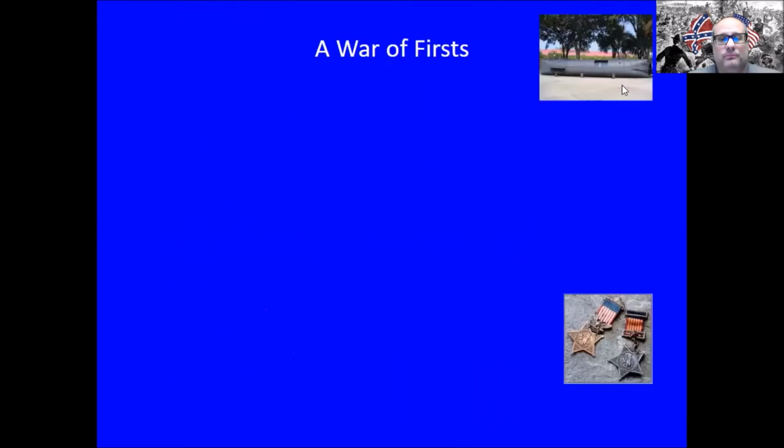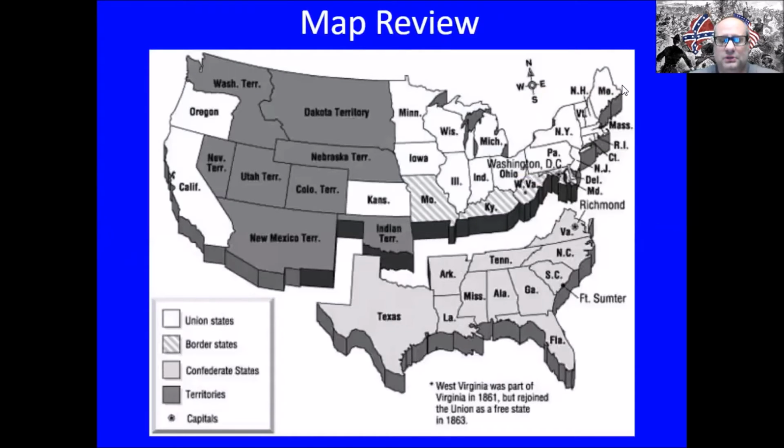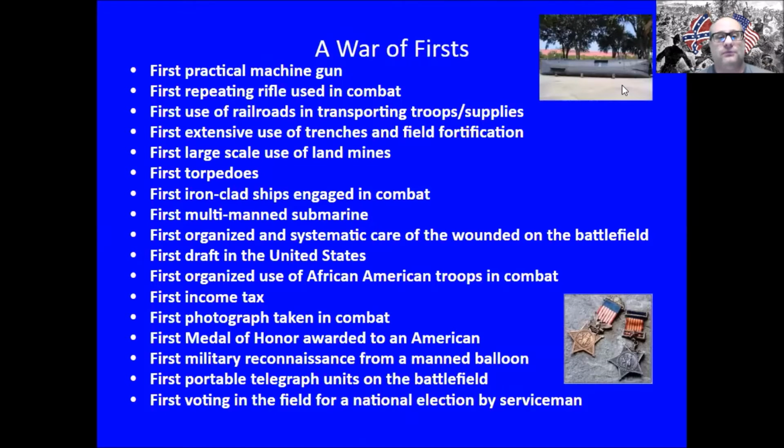War of firsts. All right, I'm not going to read through each one of these. However, there are a lot of new technologies, machine guns, repeating rifles, right? So a lot of the Southerners had just a musket left over from the American Revolution or the War of 1812, so that's all they had. It was passed down to the fathers and the grandfathers. Right? Northerners, they were pumping out, they had a lot more factories, used interchangeable parts. All right, this part's broken. All right, you can use this one now. I didn't have to come up with a whole new gun.